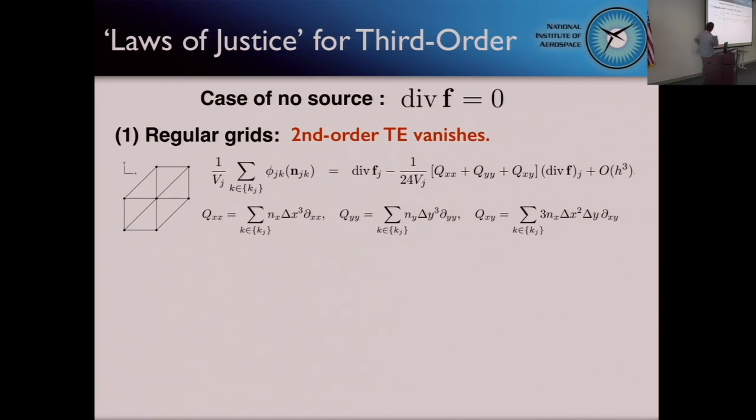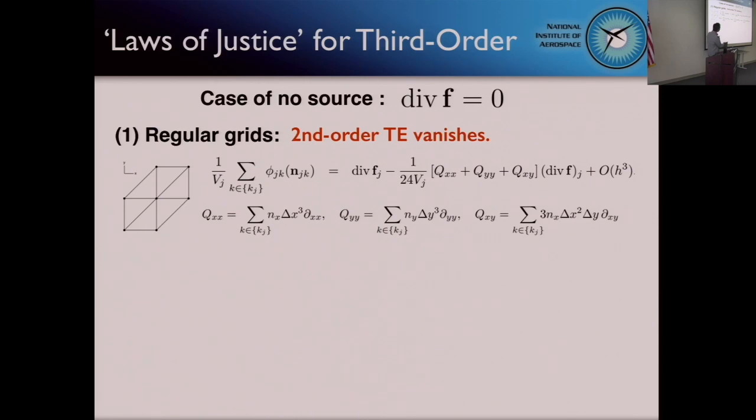If you look at the regular grid, on which the stencil is exactly the same at every node, and then you expand this in Taylor series, you find this divergence f, which is the term this approximates, and then a second order error here. These qx, qy are second order operators multiplied by these geometric constants: the directed area vector nx, ny, and the H vector delta x, delta y, and the sum over the edges. So as you can see, the divergence f pops out.